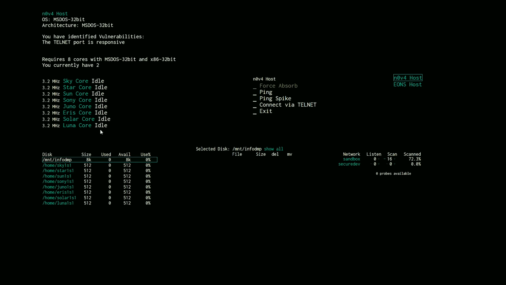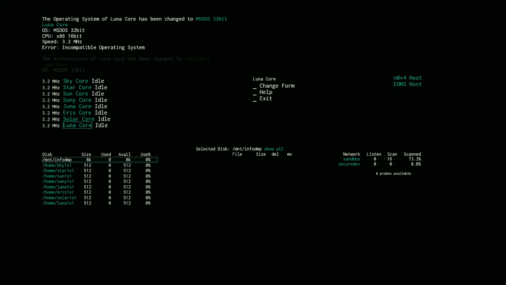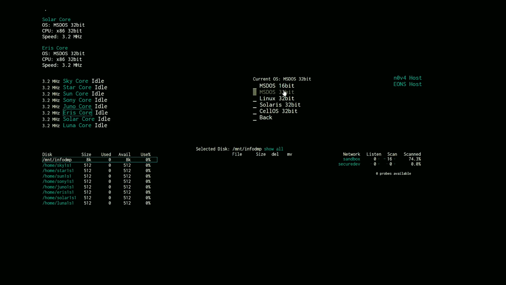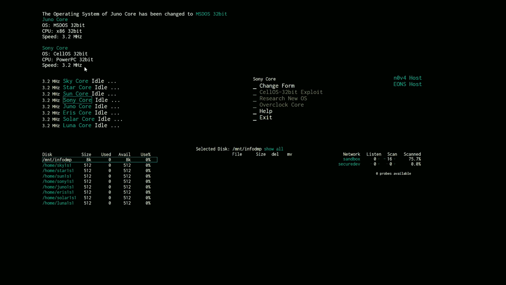Now they need to be 32-bit OS and 32-bit architecture. So we change all of these to 32-bit. We are gonna be able to do this. Right, you're already 32-bit. So are you. Juno, you need to be 32-bit. 32-bit architecture, nice. Sony also needs to be...